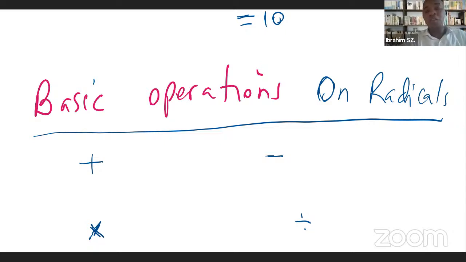So all these operations, of course, we can apply them in radical operations. So as I said, we have addition,